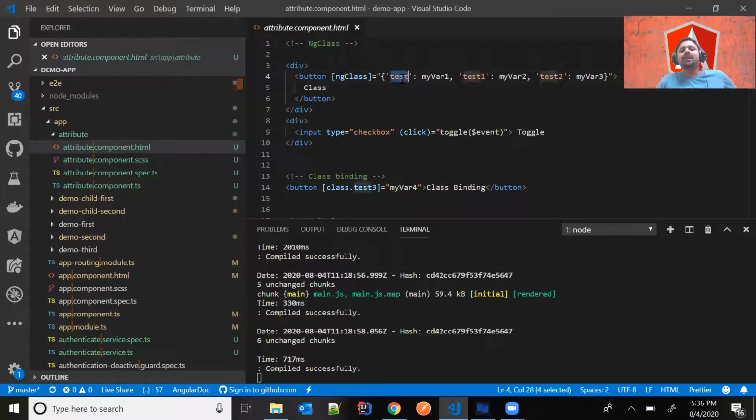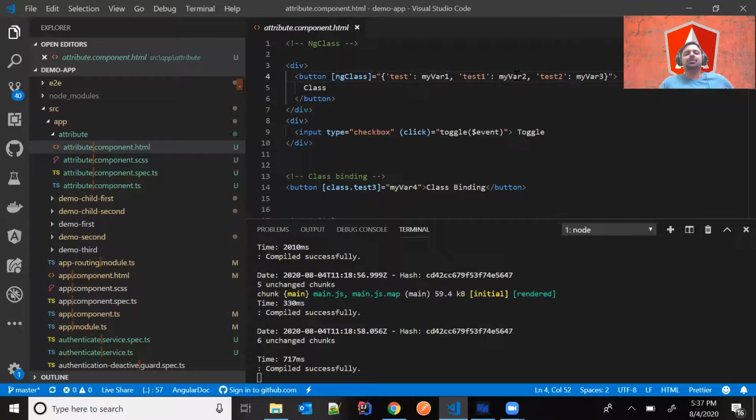This first one will be the name of the class and the variable. So the name of my button is class. Now I also created a checkbox, and based on the toggling effect of that checkbox, I'm just going to make my variables change so that I can have multiple CSS